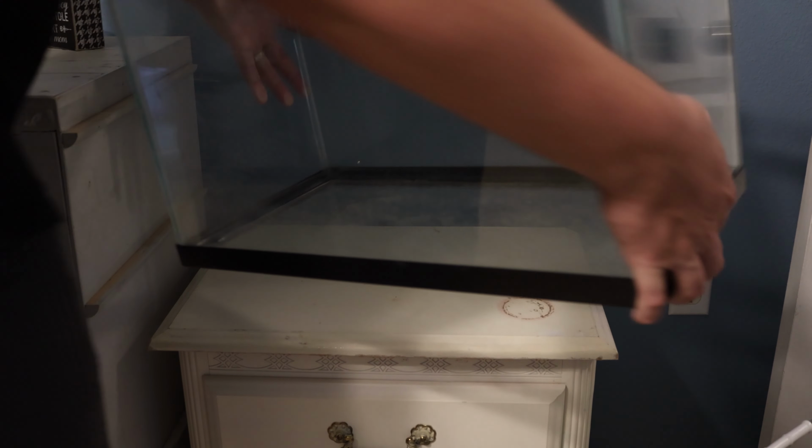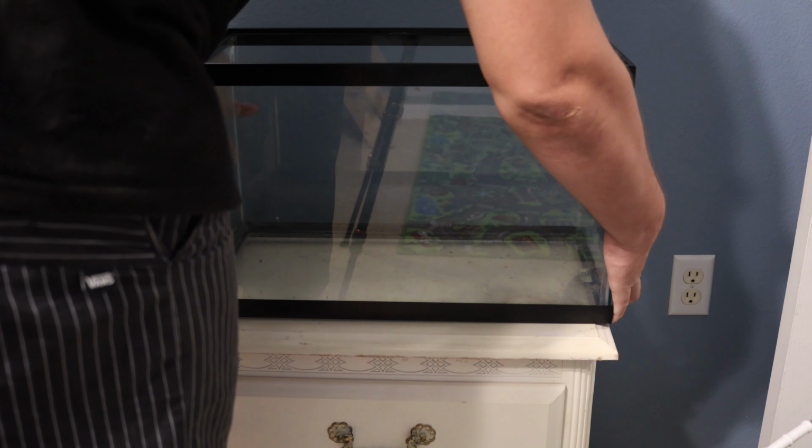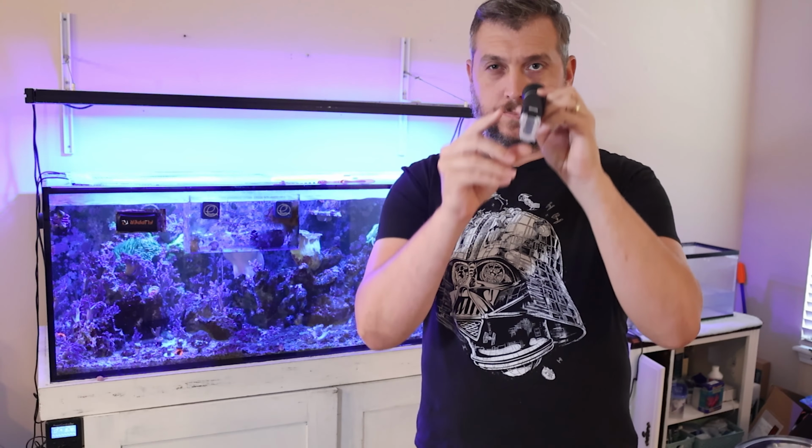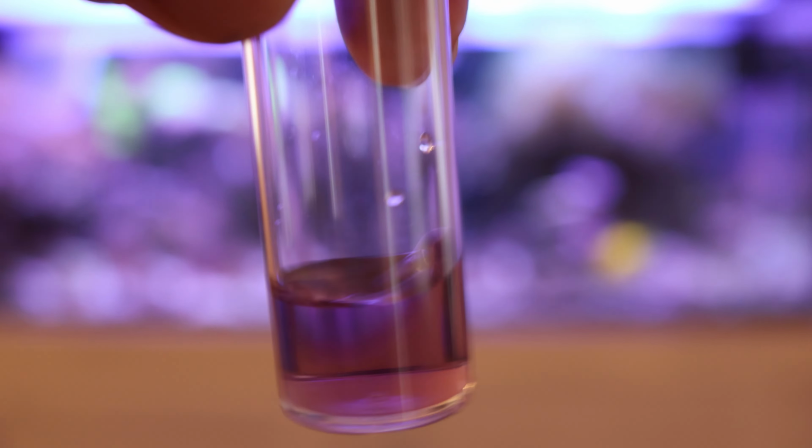Planning ahead before you set up a reef aquarium is probably one of the most important things to do. You want to make sure you do your research, have a goal, have a plan, and set up a budget. One thing I really like about this hobby is that you are constantly learning different things to maintain your reef